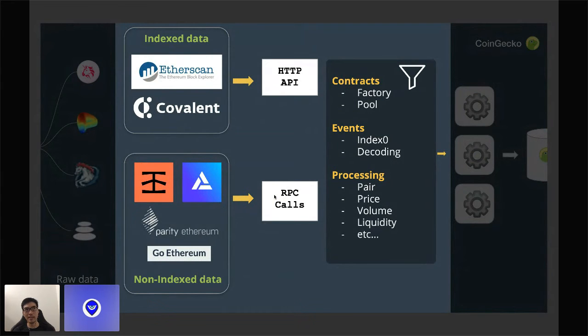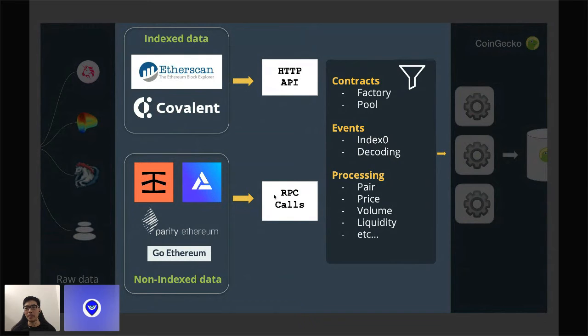And the reason why we don't use that in CoinGecko is because our stack is in Ruby on Rails. And I couldn't find any simple library to do specifically what we need to do, which is to get data from AMMs. But you can imagine if you are using a JavaScript environment like Node.js or Go, I think there's very good support in terms of having a library to connect to Ethereum using a full node. Otherwise, if you use an HTTP API, you're pretty much technology agnostic because you're just querying an API and getting data back. And as long as you can parse those JSON data, you're pretty much good to go to work on it and build it into your application.